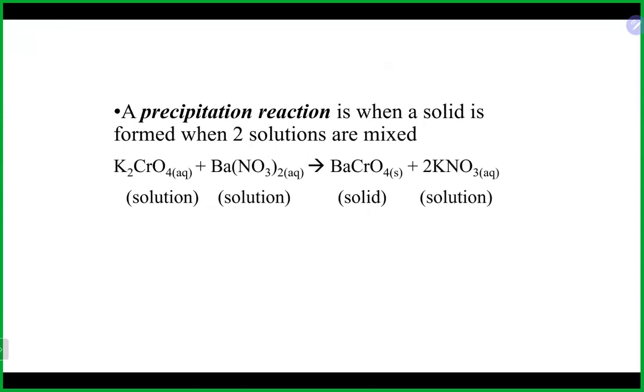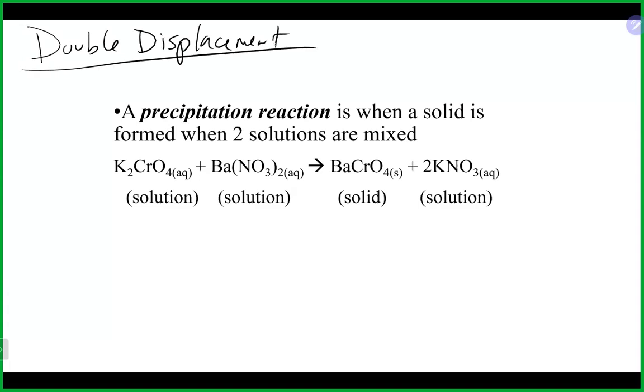Now, let's talk a little bit about precipitation reactions. A precipitation reaction actually falls under the double displacement category. So this is a double displacement reaction, where, as we talked about at the beginning, it is the only time you will have two ionic compounds reacting with each other. And always when you have two ionic compounds, as I mentioned before, these guys are just going to switch partners,